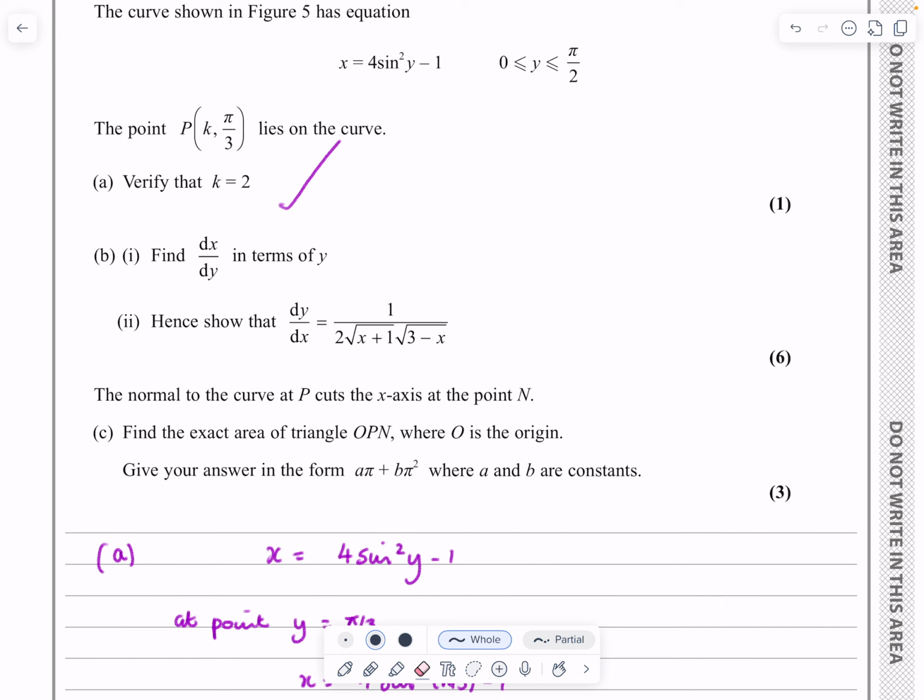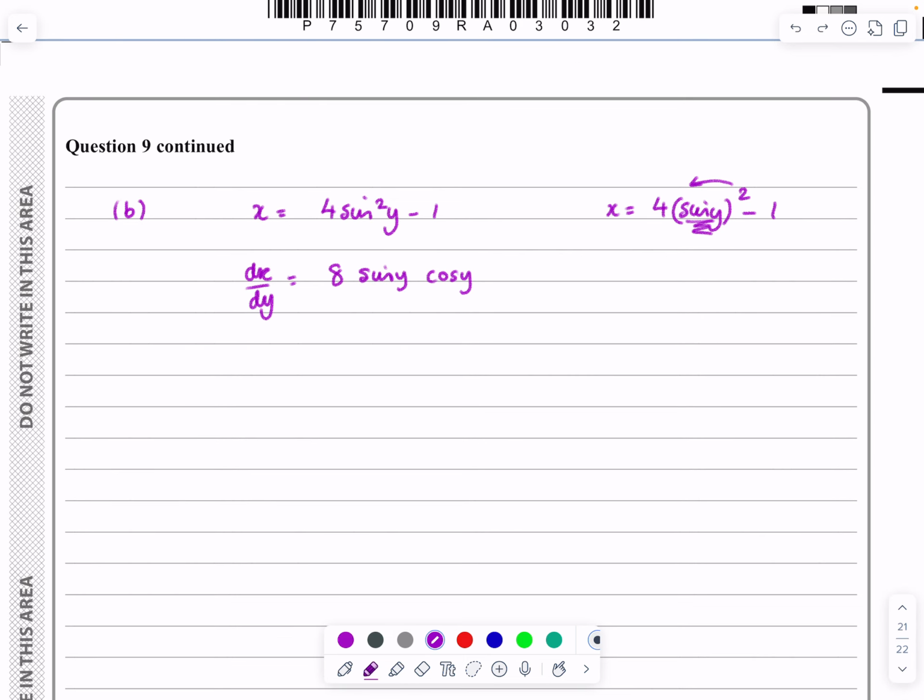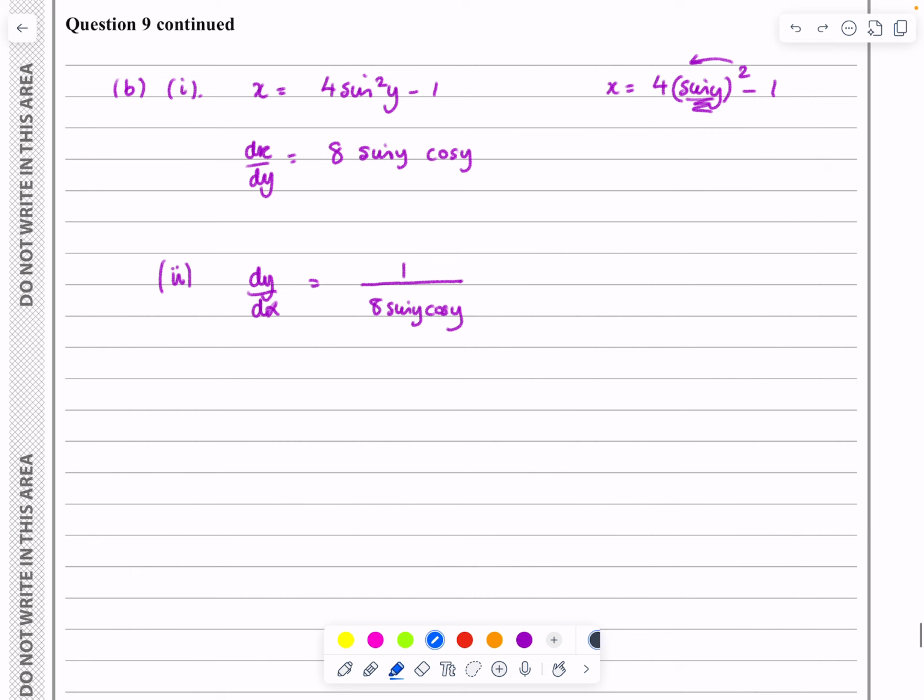B part 2, hence show that dy by dx is equal to this really quite complicated thing here. So, okay, let's go and have a look at what dy by dx is going to be. So sorry, that was B part 1. We're now going to do B part 2. So dy by dx, that's okay. If I've got dx by dy, dy by dx is going to be 1 over 8 sine y cos y. But we want this in terms of x's. So what I've got to do is to get rid of my sine y and get rid of my cos y. Well, sine y is the one that I'll start off with, because we know